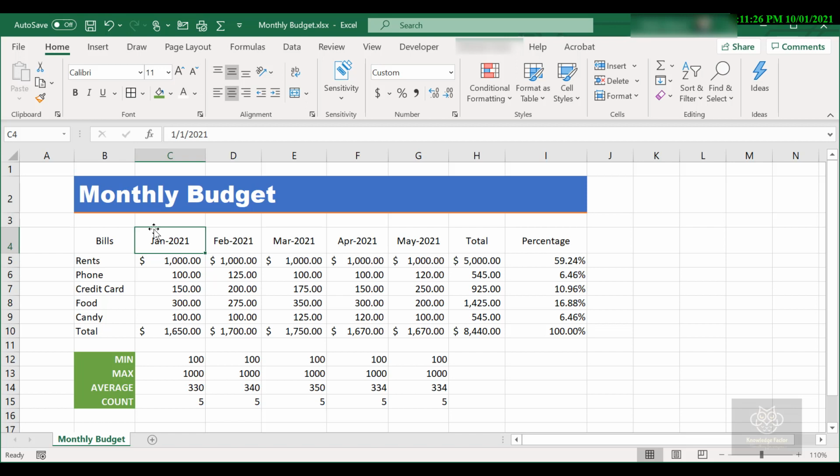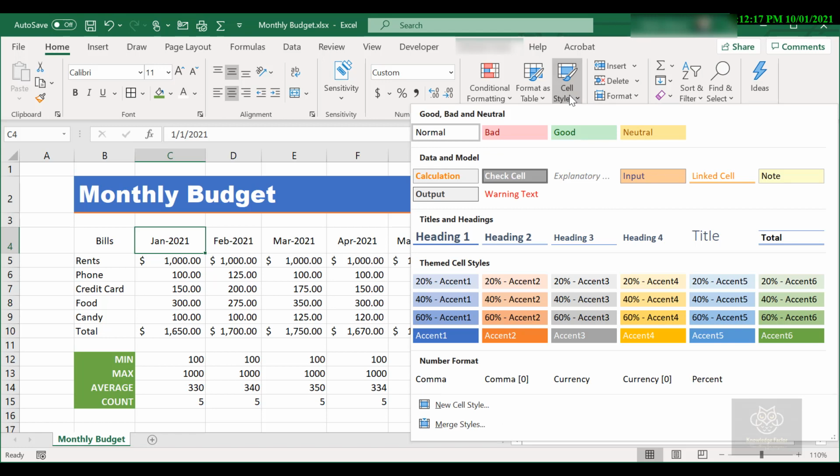All right, so the first thing I'm going to do here is go to my Home tab. There's actually a couple of different ways that you can create a style inside of Excel, but here I'm going to go to Home, into the Styles section, and there's an option called Cell Styles. Now, ever since I can remember, Microsoft ships the application with a handful of styles. They have actually given us more in the later releases that's already built into the system. So if I go Home, Cell Styles, here's a bunch of defaults that they have already given me.